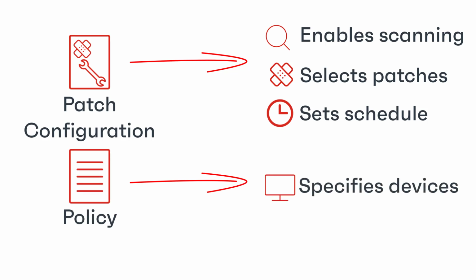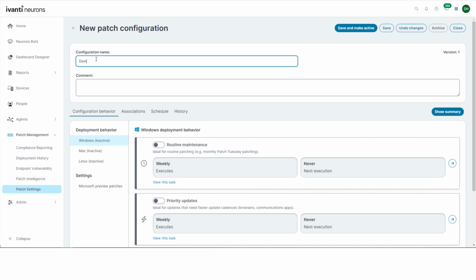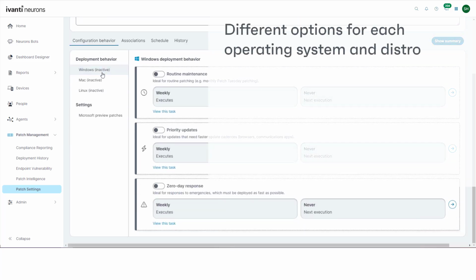Let's look more closely now at a patch configuration. On the patch settings page, click Create Configuration and give your configuration a name. The Configuration Behavior tab enables you to define the requirements for Windows, Mac and Linux. Note that there are different options available for each of these, and even for each Linux distro.